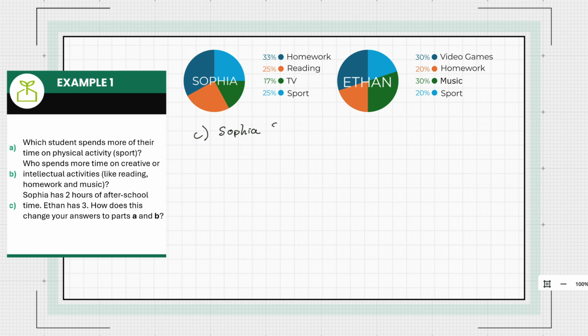and her sport, the amount of time she spends is going to be equal to her percentage spent on sport, so 25%, multiplied by the amount of time she has in the afternoon, which is 2 hours. Okay, and we can convert this to a decimal and do 0.25 times 2, and what this equals is going to be 0.5 hours or 30 minutes, so half an hour she spends on sport, whereas Ethan's